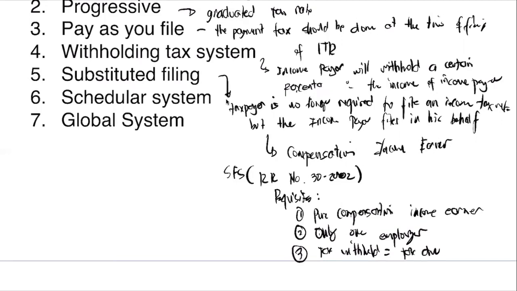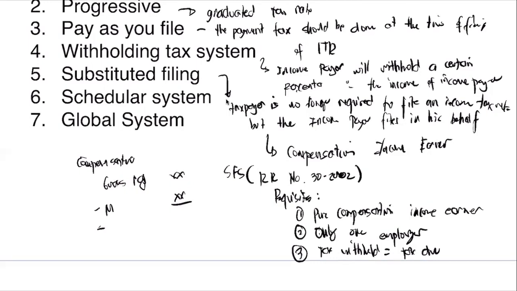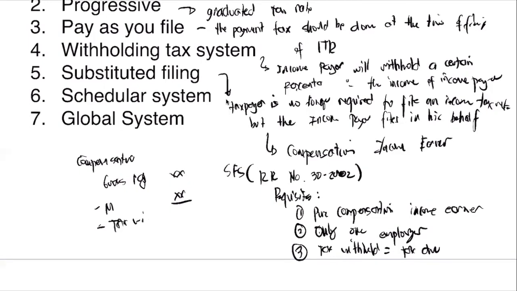Sir, bakit ano ba nangyayari sa compensation natin? So, mapapansin nyo dun sa compensation natin, this is your gross pay. May gross pay na nakalagay dyan. Tapos, less mandatory payments. Ibabawas natin yung mandatory payments na yan. Tapos, magkakaroon tayo ng net pay, pero ibabawas pa natin yung tax withheld. So, dito, may tax withheld. Alam naman na natin, di ba? In every income, there is a tax withholding. So, that can either be a creditable withholding tax or a final withholding tax.